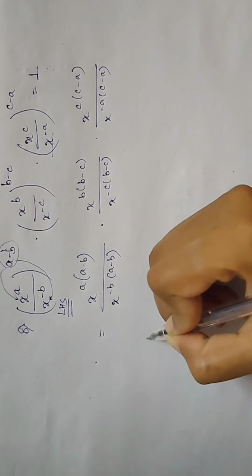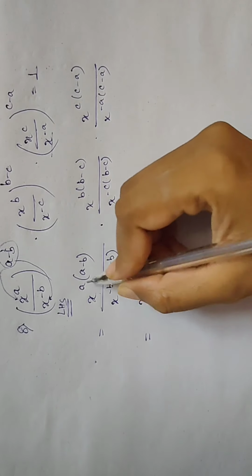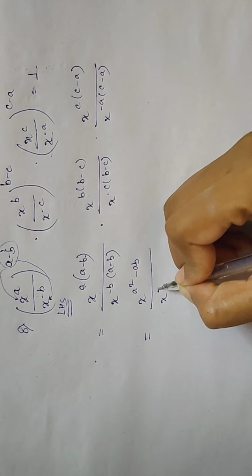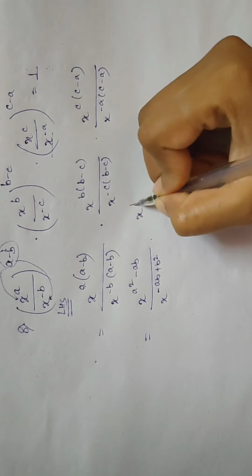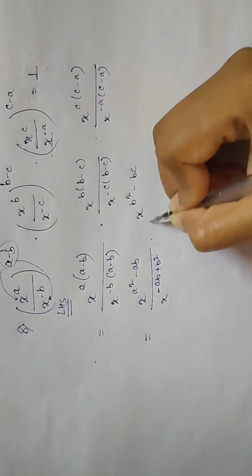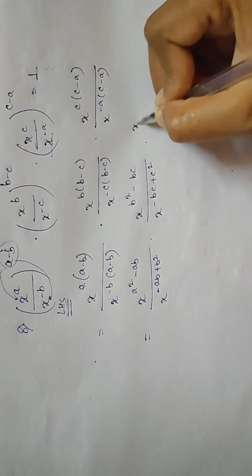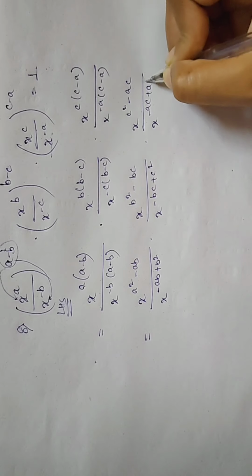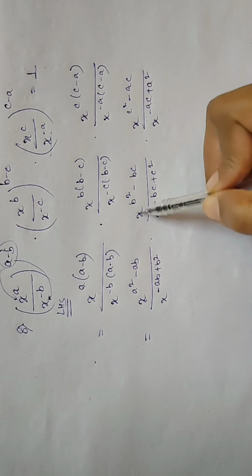Now do simple multiplication for algebra, that is a into a square, a into b minus ab. Similarly for the denominator, that is minus ab plus b square. Do it yourself, okay? Pause the video and try to do it yourself, then check it out. Minus bc plus c square. In the same way, this will be c square minus ac by minus ac plus a square. Fine. Now see, all the bases are same now.